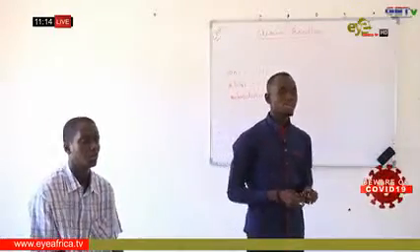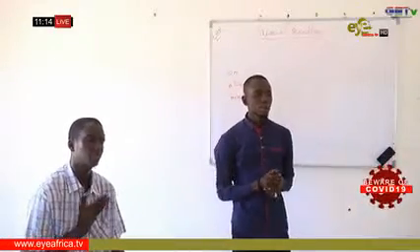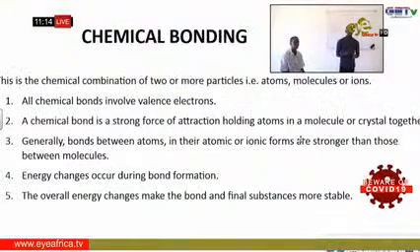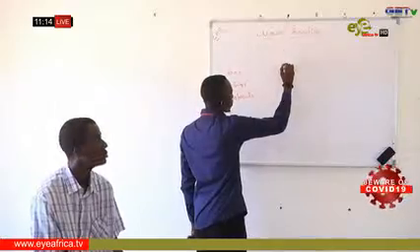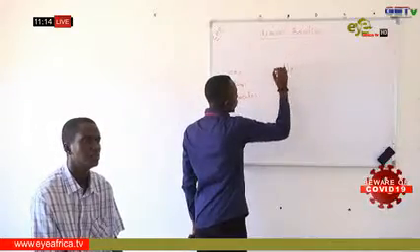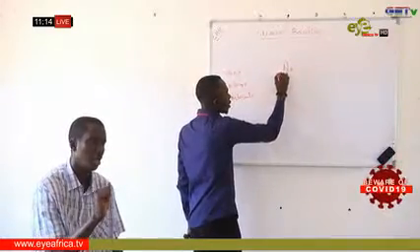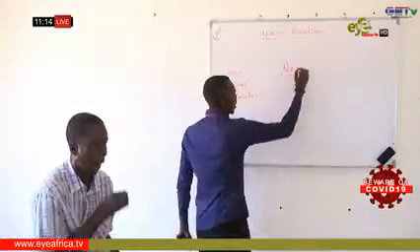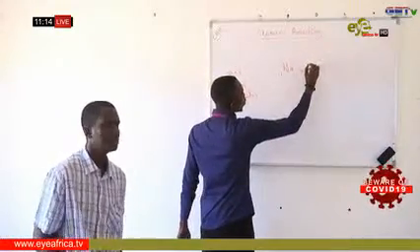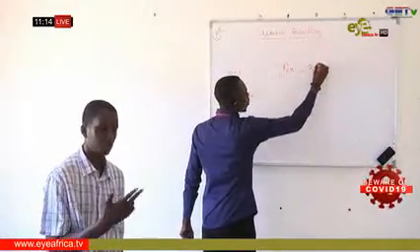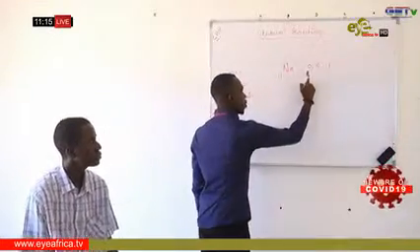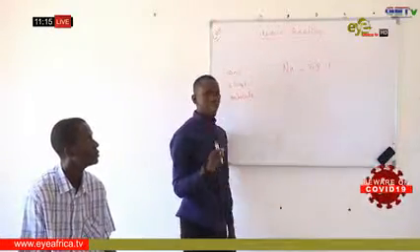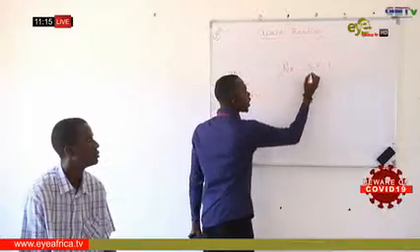Now we have some points also, and point 1 reads, all chemical bonds involve the valence electrons. Now for example, we have an element like Na. We know that the atomic number of Na is 11. And here the electron configuration is going to be 2, 8, 1. So although the electrons will take part in the bonding, not all the electrons will